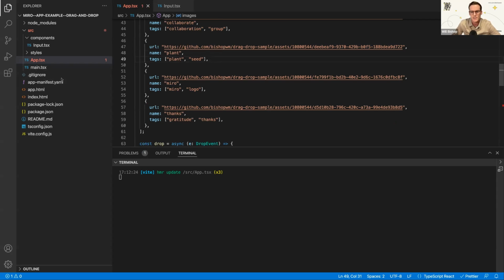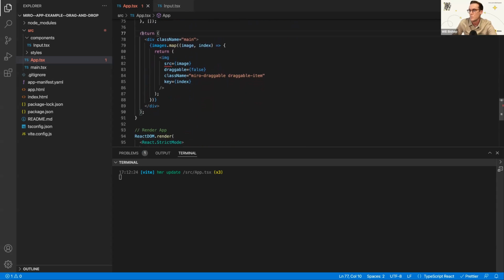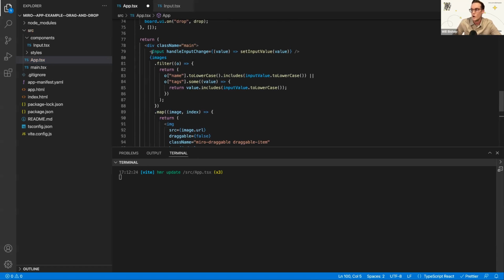And then the very last thing that I need to do is update what's going to be reflected in the UI when we go back to our board. So there's a return section here, and I'm just going to replace this with some updated code so that we are importing that component that includes the search input functionality and a bit of a filter. So now if we hit save, if we go back to our application,